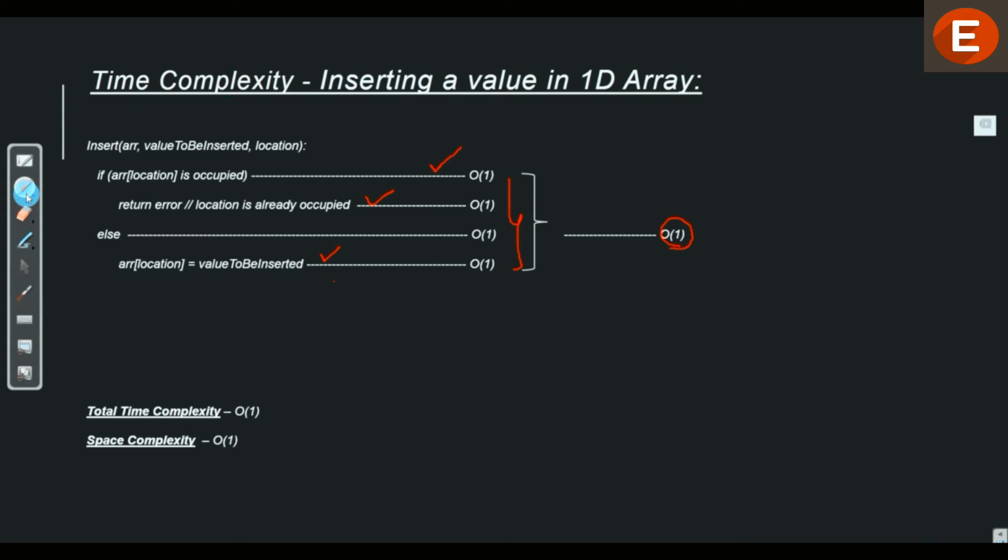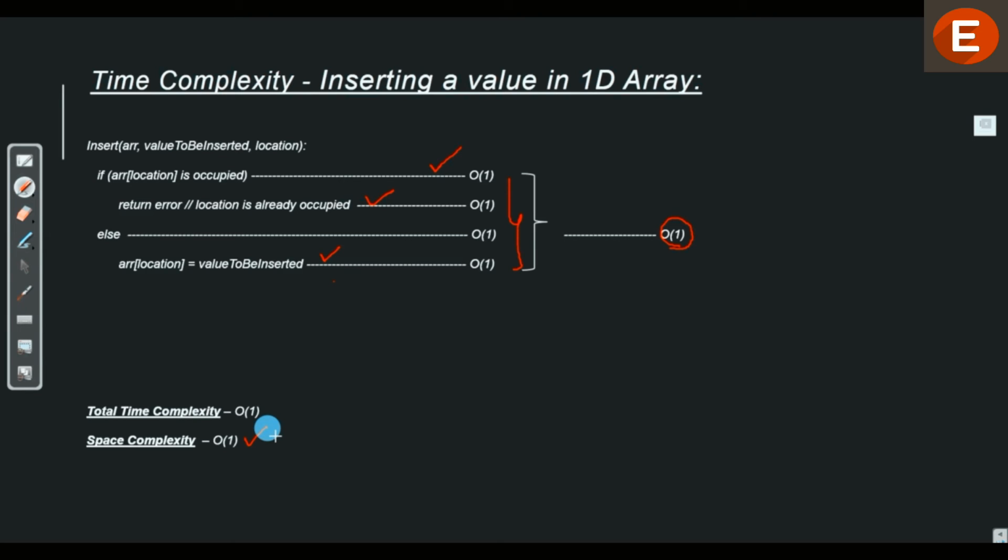Now similarly, the space complexity is also order of 1. And the reason is we don't need any extra space which is equal to the array to store all this information, because the array is already existing. Now since we are learning the very basics of data structure right now, you might not find the space complexity or time complexity very important or too easy right now, but please don't ignore it, because as the course progresses, the topics become more interesting and vast, and in that case time and space complexity will play a great importance there.